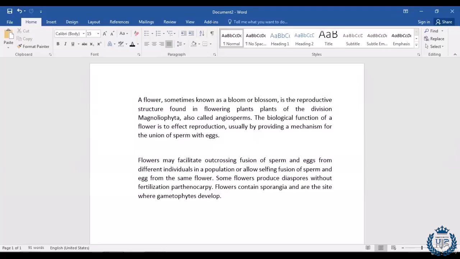In this lesson we will learn the use of uppercase, lowercase, toggle case, sentence case, capitalize each word case. So let's take a look. This is a two-part paragraph article. I want to use